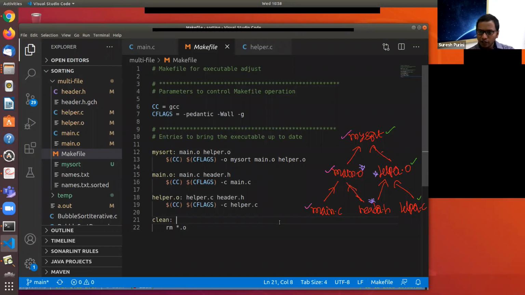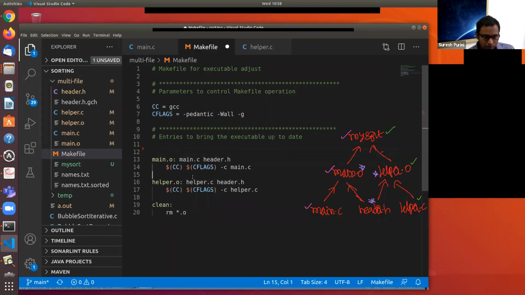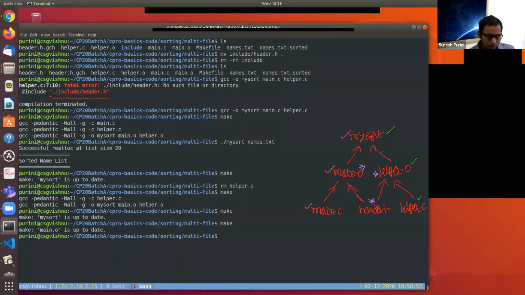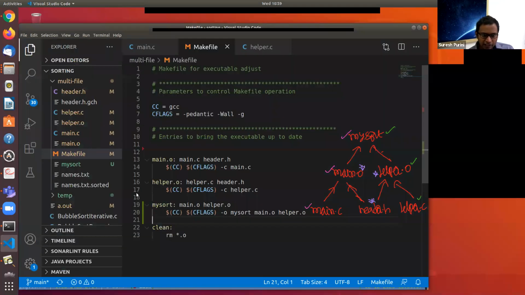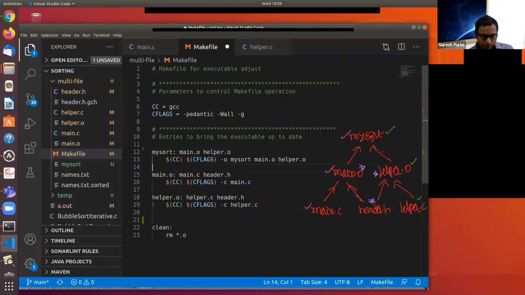Vikram has this question: do we need to follow the hierarchy in writing the makefile? Let's see. I think it will work nonetheless, but we have to give the target specifically. If we just give make, then the first target will be taken as the default target. It will work, but